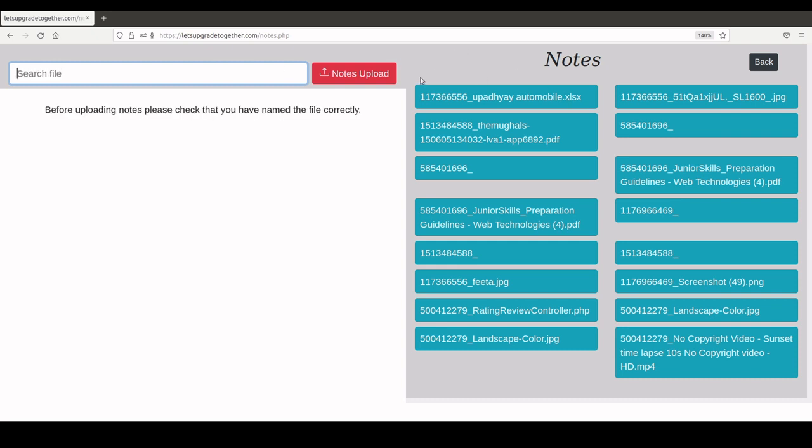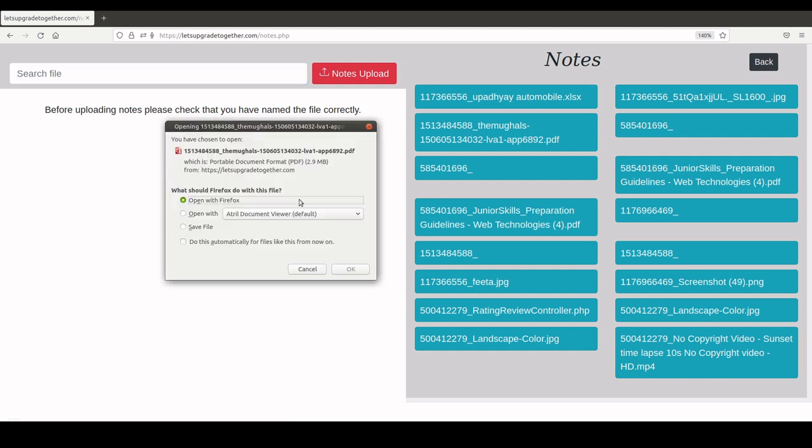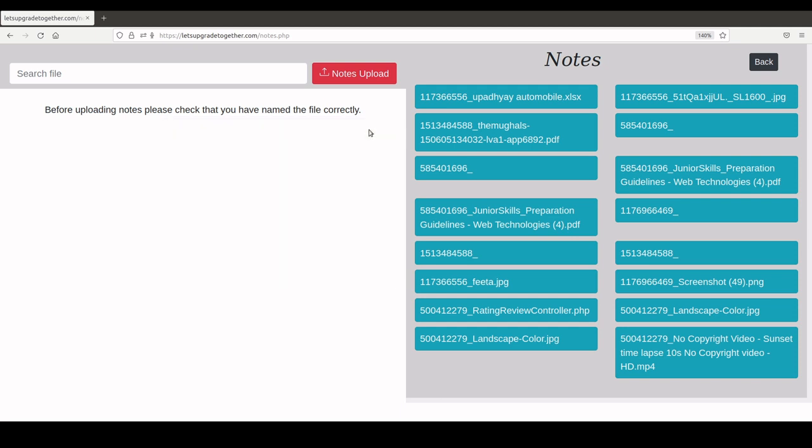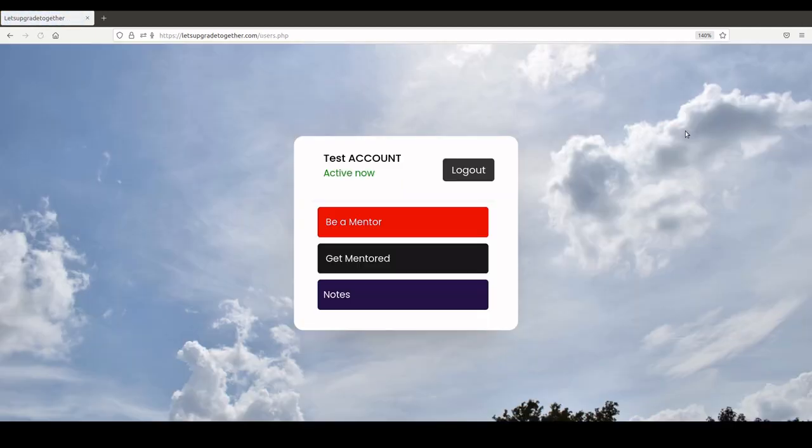Currently these files will be removed from the servers. This is just an example. See, this is a PDF, so you will click on this and you may download this file. So you'll save this file. If you're doing this from your browser, you may navigate through this website through your browser itself, or you may go and install the app, and I would recommend that you install the app, as it's very simple and easier to do. So this was the notes page.